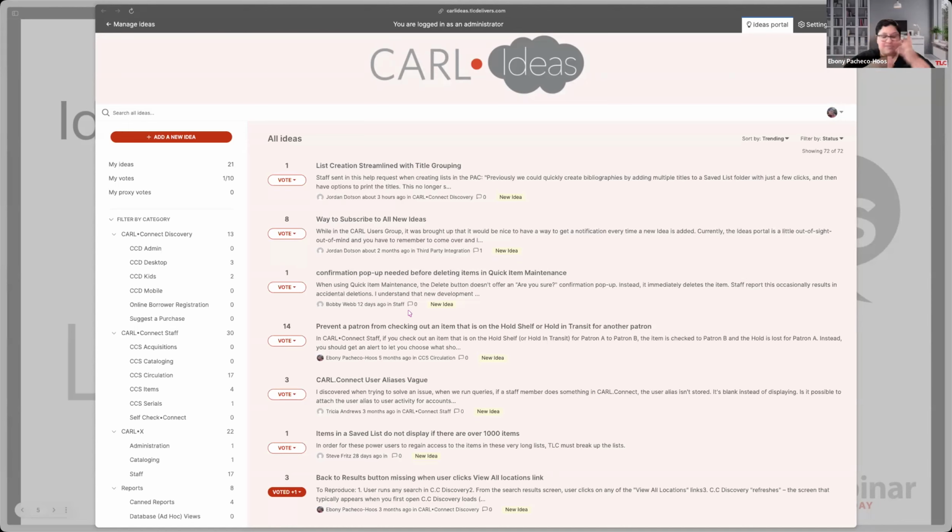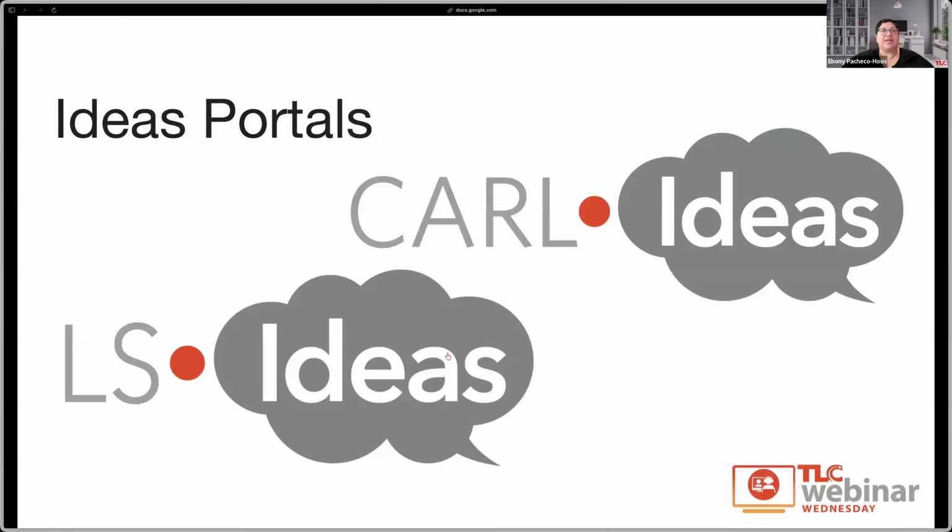We get notified of every idea that comes into the system. We have the ability to go into the comments, have conversations, and ask questions, including clarifying questions. We can think through the ideas with you, like, that's a great idea, but what if this or this or this? So there's a lot of opportunity here for interacting at a product level.